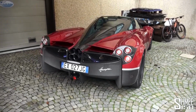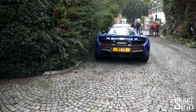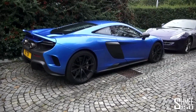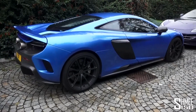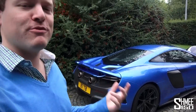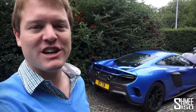We're just paying a quick visit because then we'll be jumping on the road and heading on our way in these cars towards Passo della Raticosa and on towards Monaco this evening. And the 675 LT should pass its run-in period today. It has to do 1,000 kilometers, just over 600 miles, of gentle driving, or well, gentle, all being relative, up to 150 miles an hour, 5,000 to 5,500 RPM or so, just to get everything gelled in